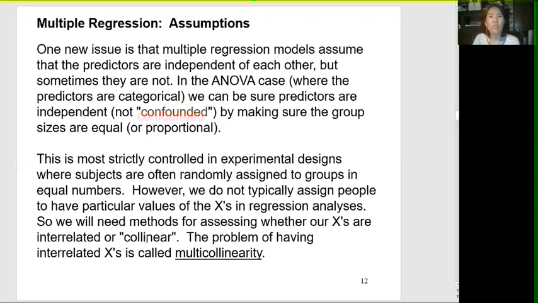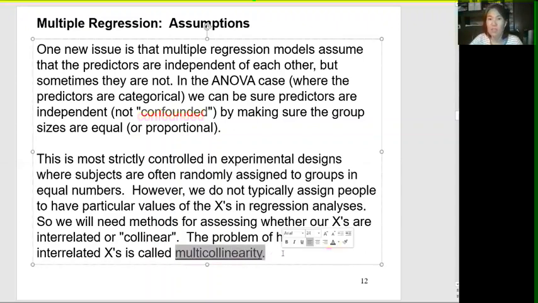One new issue is that multiple regression models assume that the predictors are independent. But in reality, they are not independent. What we can do is avoid highly correlated X's in the same model. We just want to avoid that situation because, yes, multicollinearity is messing up